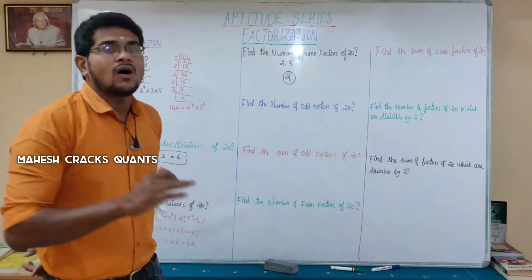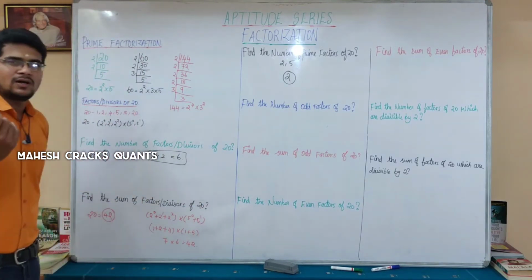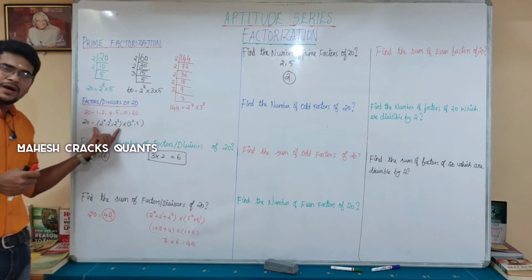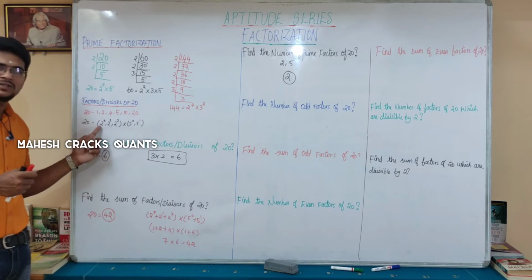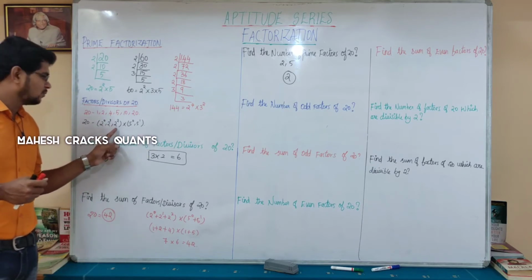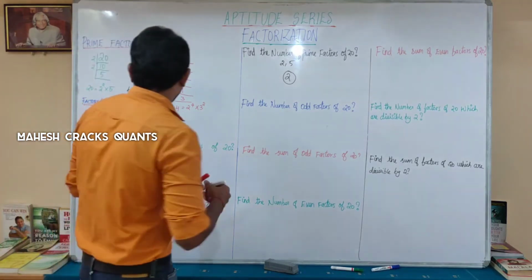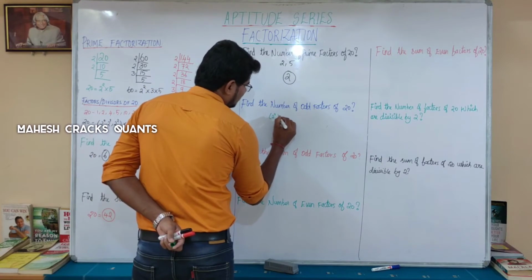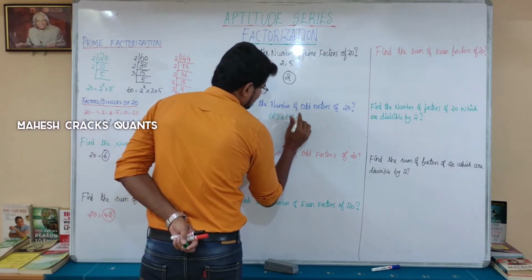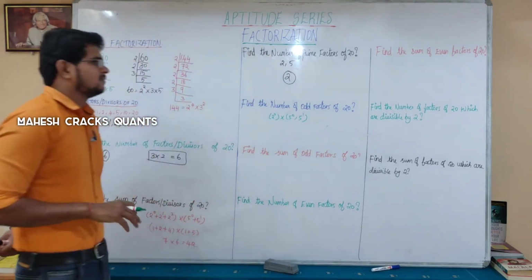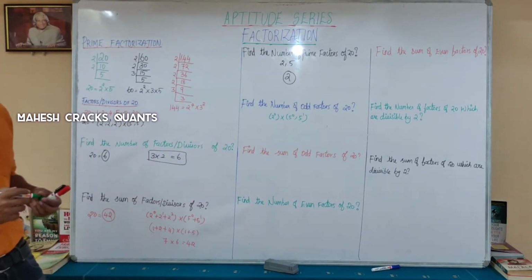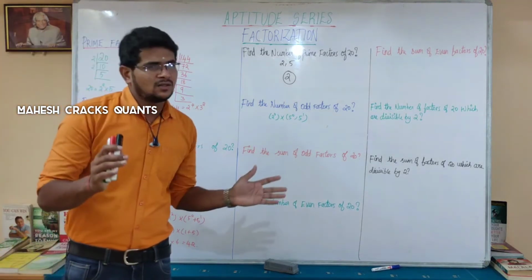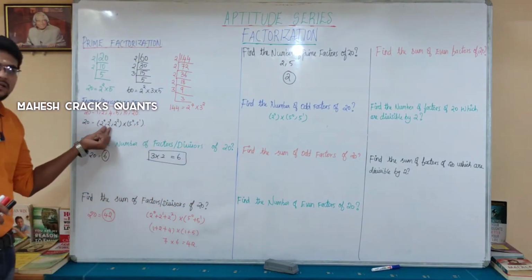Okay. Find the number of odd factors. When it comes to odd factors, you have to take only the odd ones from these. So which one is odd? 2 power 0 is odd. 2 power 1 will not be odd. 2 power 2 will not be odd. So here I will take and write like this: 2 power 0 into 5 power 0, 5 power 1. That's all for the odd factors. Am I right? 2 power 1 and 2 power 2 will not come because those are all even.